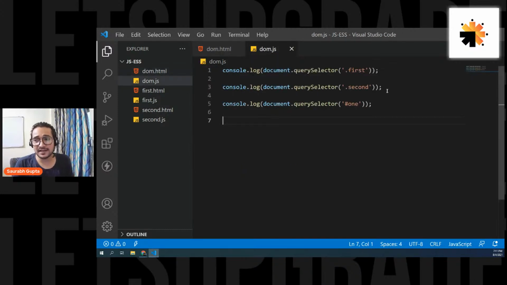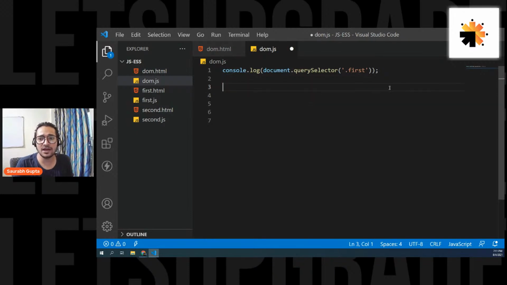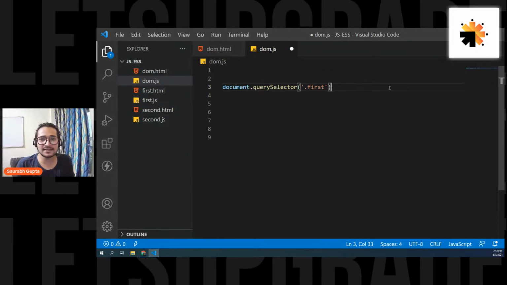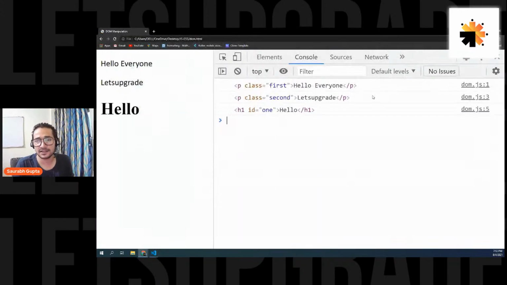So once you have fetched the element, you can actually start working on manipulating it. Now everyone, please focus. So now we know that this is the first P element. document.querySelector first is giving me the first P element.